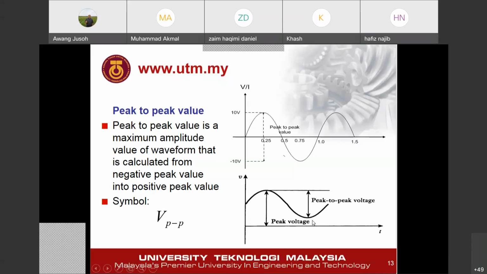Okay, depending on the kind of waveform, for example, your AC can be shifted up. For some applications, they are shifted and do not start from 0. They are shifted a little bit up. That means if you want to measure peak, this is the peak value from 0. This is your reference. From the maximum highest to the minimum, this is the peak to peak value for this particular waveform. Okay, clear?